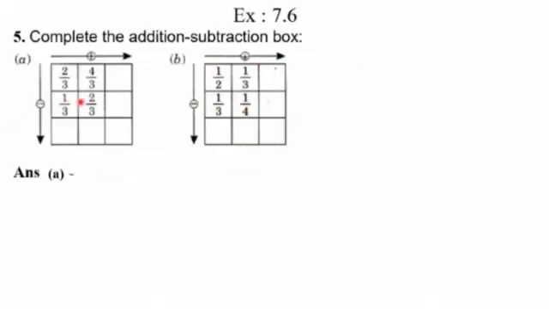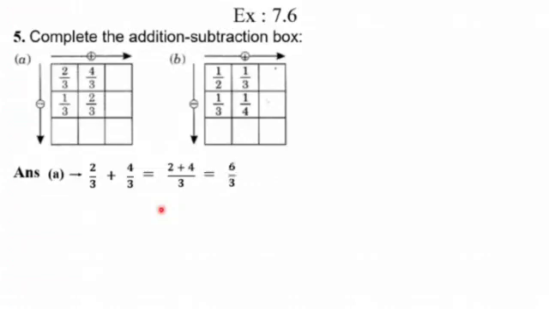So first of all, the movement is like this, that is horizontal movement. That means our first fraction will be 2 upon 3. We have to do addition while going horizontally. Right? So addition done with the next fraction, that is 4 upon 3. If we are having like fractions, the denominator will be same and the addition will be done in the numerator. So 2 plus 4 will give you 6 upon 3.